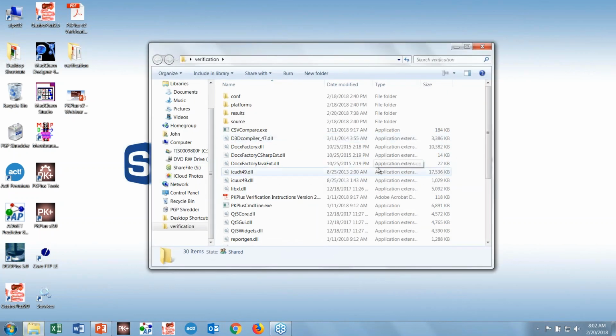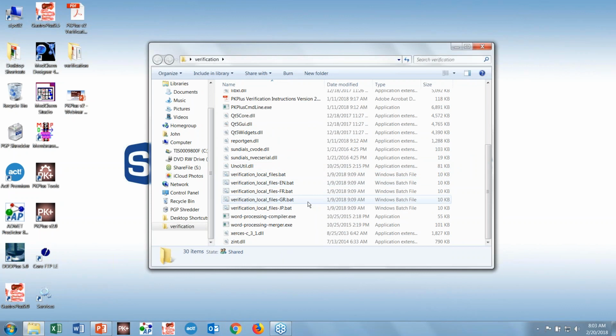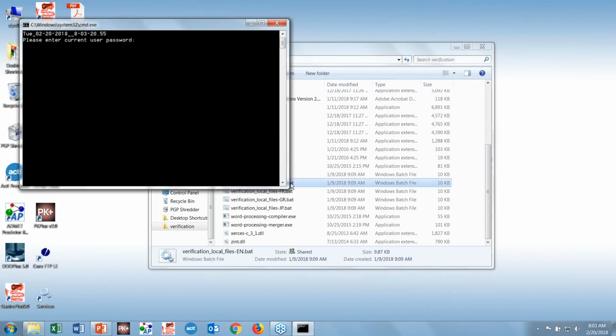Opening that folder, you'll see a series of Windows batch files, several of them based upon whatever system locale you're using on your machine. In my case, I'm running off of Windows English systems locale, so if I double-click on this batch file, it will open up a command line prompt and ask me for my user password. One of the other new things with version 2 of PKPlus is we've introduced Windows authentication when logging into PKPlus. So if I type in my Windows password,